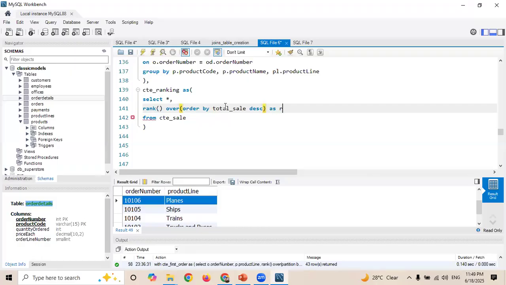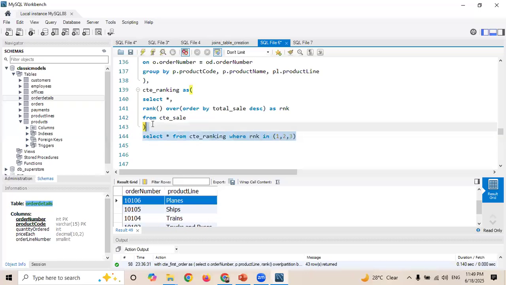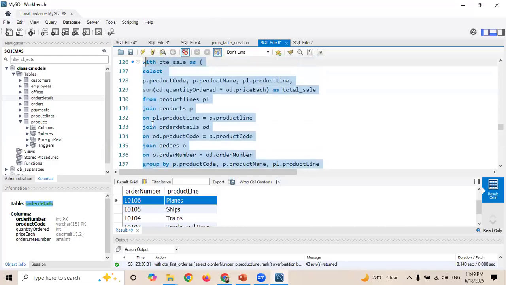So here I will write RNK, and in the main query, I will select all the columns from this table, CTE underscore ranking, and here I will write where RNK is in 1, 2, and 3, because I have to find the top 3. Whatever rank comes in the range of 1, 2, and 3, I have to find out all those products. So when I run this query,